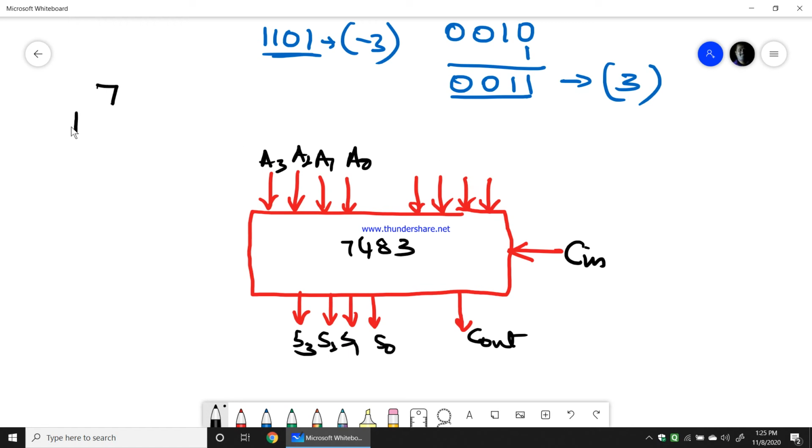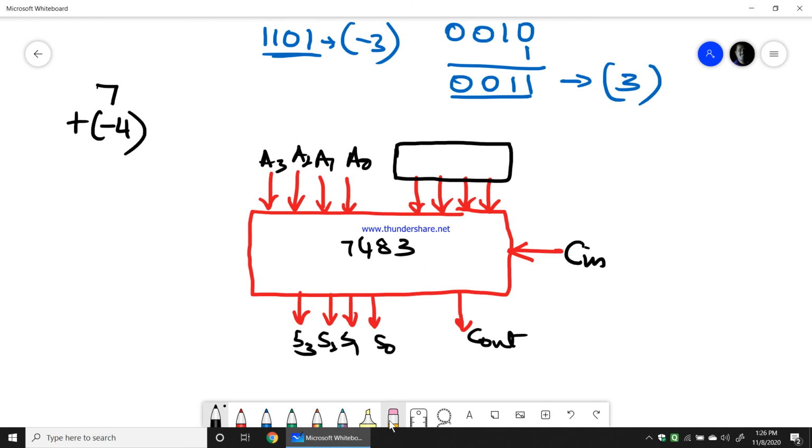Now adding 7 plus, for example, minus 4. Now I need to know how to get the 2's complement of 4, because your 7483 will not do 2's complement. So somehow I need a block which should be connected here, which gives the 2's complement of the next number, so that that 2's complement is added with this value. I hope you are realizing what I am saying. I need a 2's complement circuit here, so that will give the 2's complement value to these 4 inputs, and that 2's complement value added with this value will give you the subtraction result.